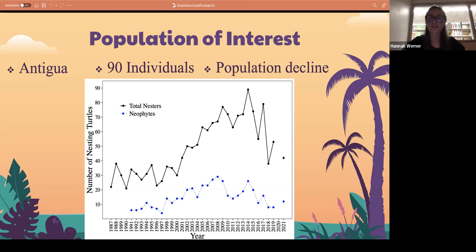So reproducing less could be related to that capital breeding thing I talked about earlier, how we have that energy capital they build up in their foraging grounds, and then they go off and they reproduce on the nesting beaches. So if they're eating less or eating a different diet, are they not getting enough capital to build up to be able to move on to these beaches and reproduce more? So that's kind of where we move into our stable isotope conversation. That's what we focused on this semester.